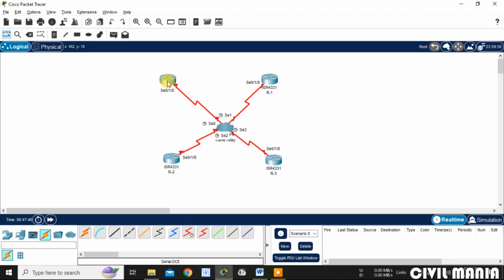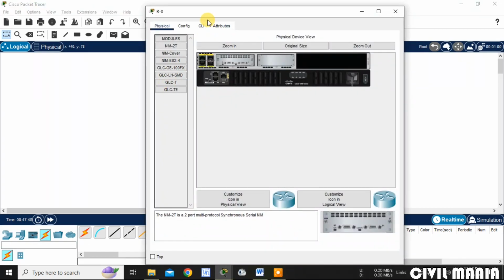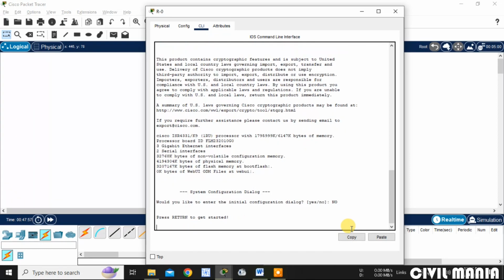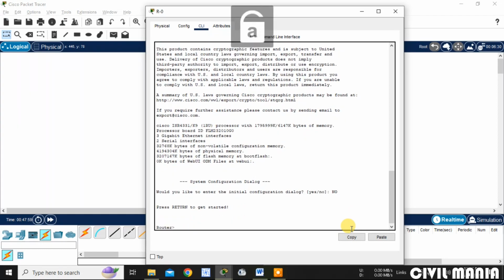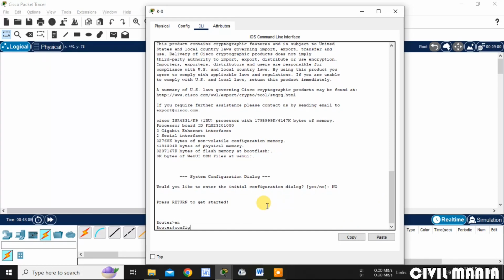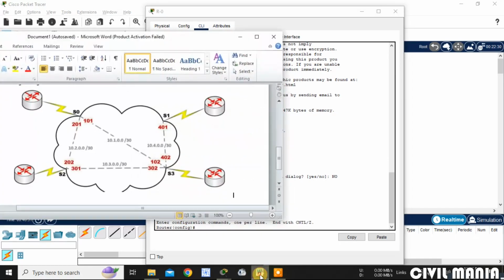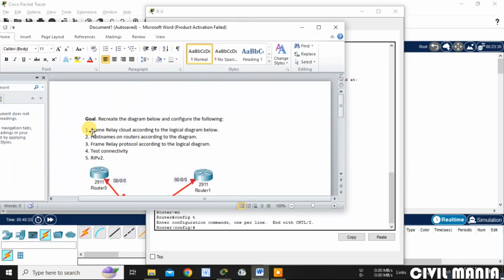So let me do one thing. Let me do the configuration here. Let me first of all move to the command line interface. Here I will write no, then enter, then enable, then config t. After that, as per my instruction, what I need to do is frame relay cloud according to